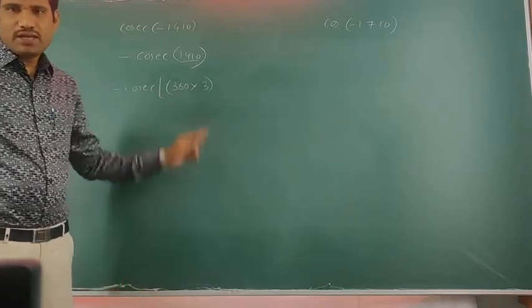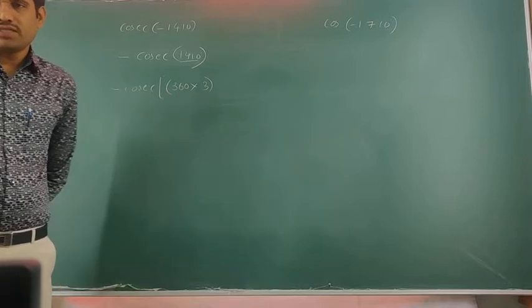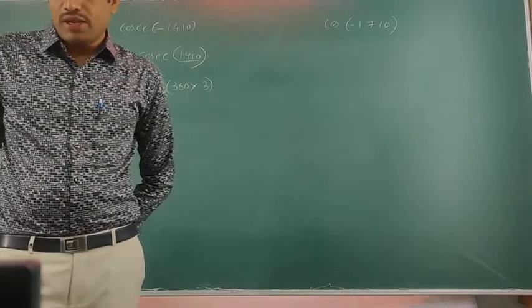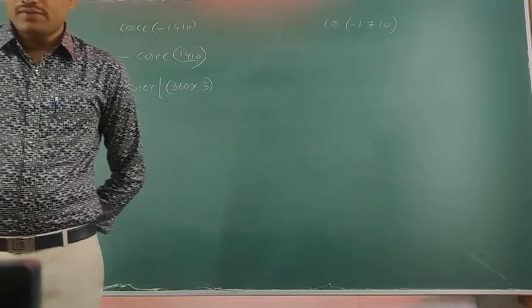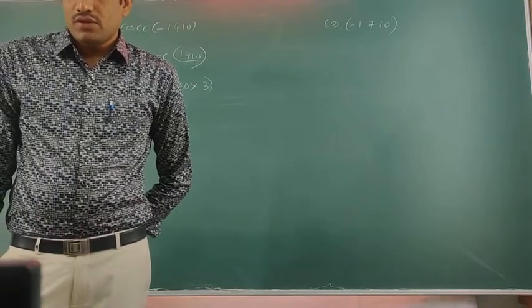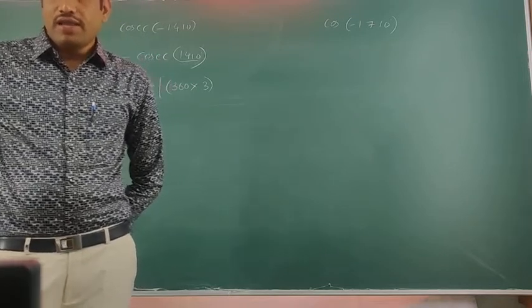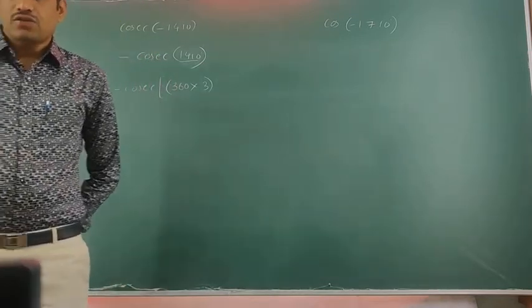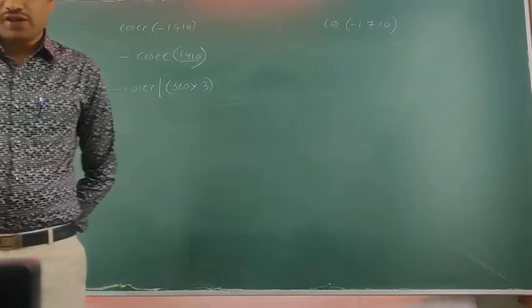Students, is everybody clear? When the angle is greater than 360 degree, how to represent it? 360 into n plus theta. Is everybody clear about that? If you don't know that, I will explain one more time. Don't keep quiet. Already I explained before allied angles. When any angle is greater than 360 degree, we can express it in the form of 360 into n plus theta, where that number of rotations we can neglect.